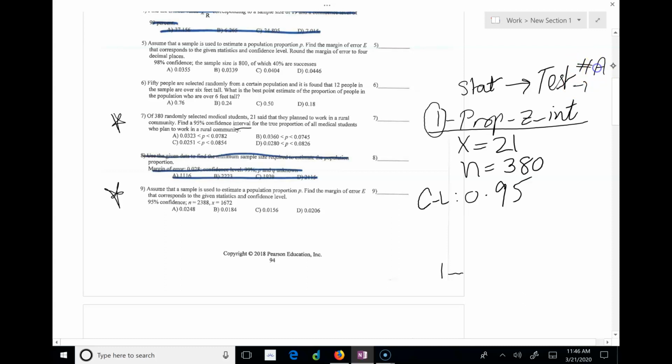and that's letter A. And then you put in the data. It's 95%. You put X and N in there. And here we go. So the answer is 0.03229 all the way to 0.07824. And if you want to explain, you would say we are 95% confident